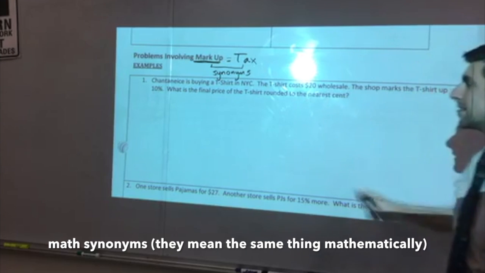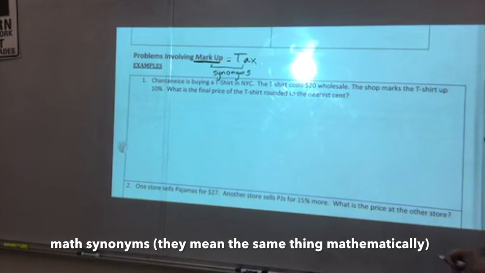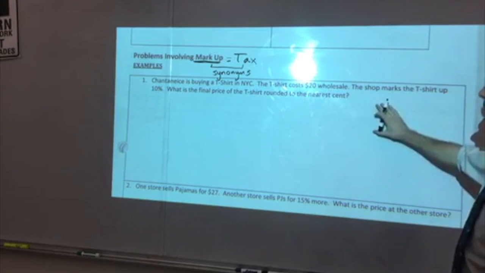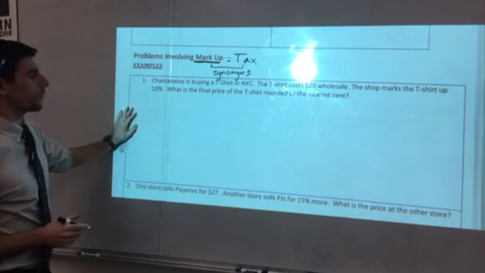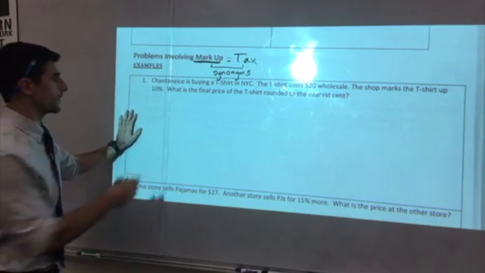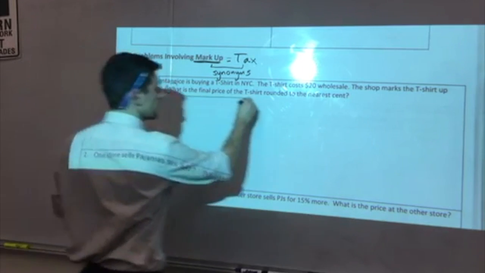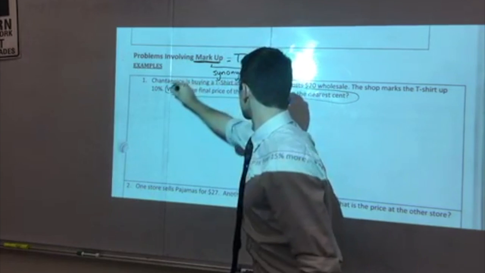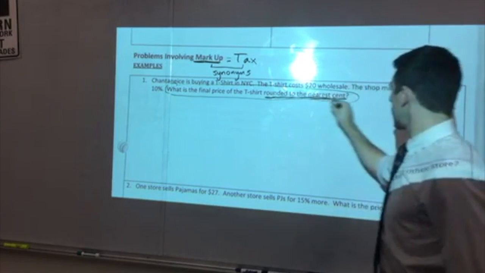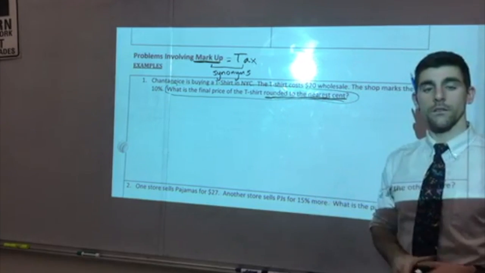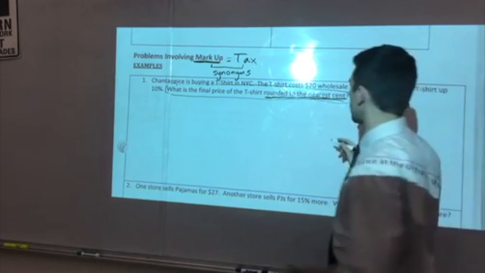So reading question 1, Shantanese is buying a t-shirt in New York City. The t-shirt costs $20 wholesale. The shop marks the t-shirt up 10%. What is the final price of the t-shirt rounded to the nearest cent? I'm going to start with that question. I'm also going to just underline this part. That's a big extra point we need to make sure we do is round to the nearest cent. As I go back through,